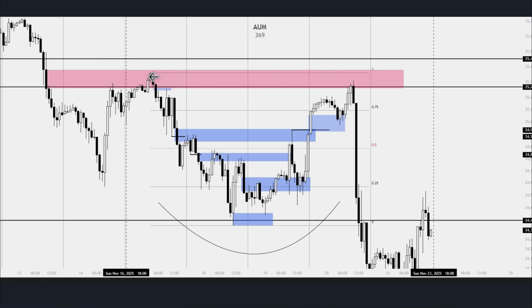Then price moves lower, displaces through the key low, creates an FVG, rebalances it, moves lower, displaces through this low, creates an imbalance, rebalances it. Again price moves below a key low, displaces it, creates an FVG, rebalances the FVG, moves lower again, moves into a key liquidity,